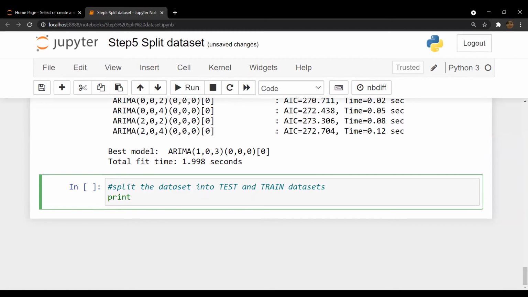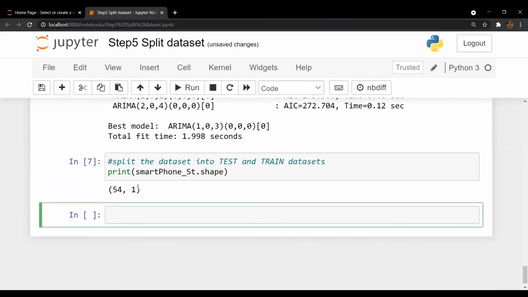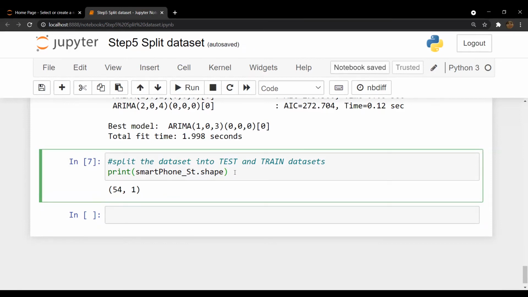Print smartphone_st.shape. So this function usually gives us the size of our data set. So we have 54 records in it, in the average age, and let us split it into our train and